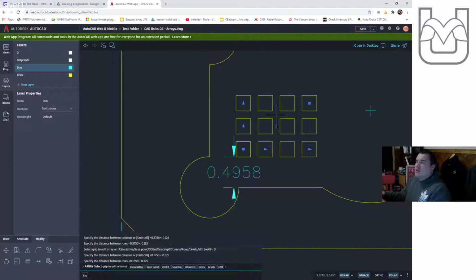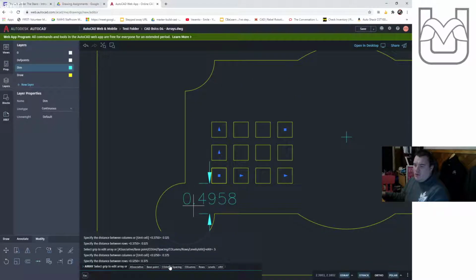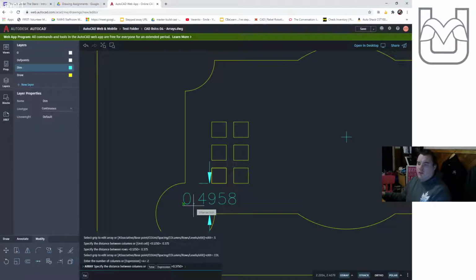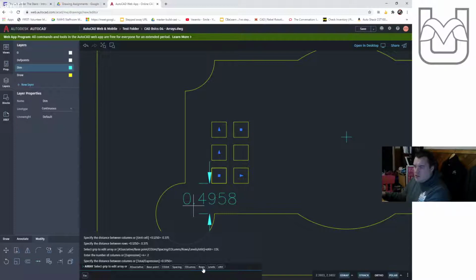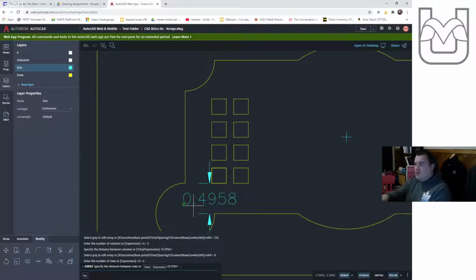Good. Now that looks like it's spaced correctly, but we have the wrong number of objects. So we're actually going to go to count. Okay, or sorry, we're going to go to columns and rows. Okay, array the number of columns. We actually have two columns. Columns are vertical. Okay, we're actually going to keep our distance between columns because that's good, and then we're going to go to rows. Rows we're going to make 4, and we're actually going to call this array done because